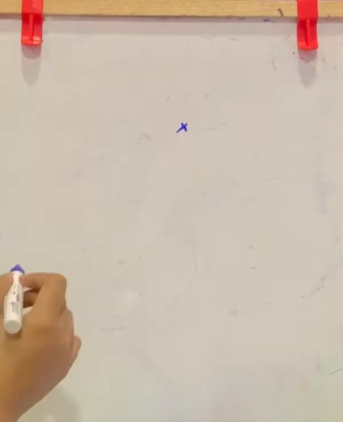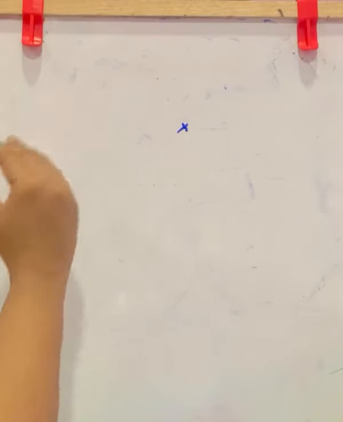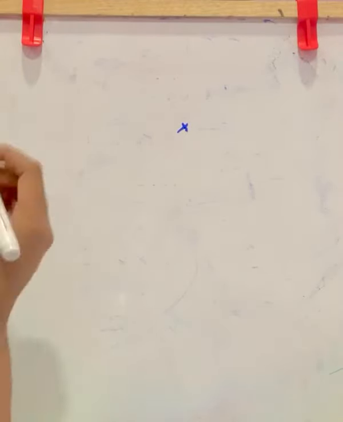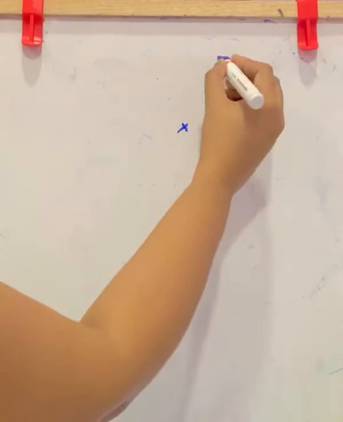That is, we have already learned number lines. In a number line we have 0, 1, 2, 3, that is positive numbers to the right side of 0 and negative values to the left side of 0. To locate a point, we need two such axes, that is number lines, which are placed perpendicular to each other. Perpendicular means this line and this line are perpendicular because here the angle is 90. 90 degrees shows it is lying perpendicularly.